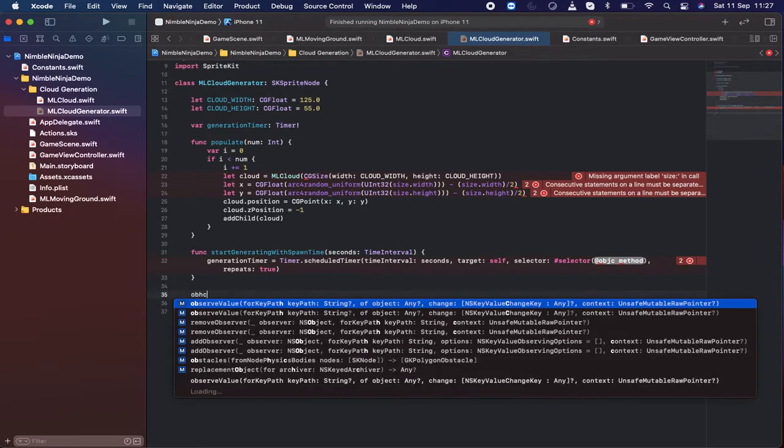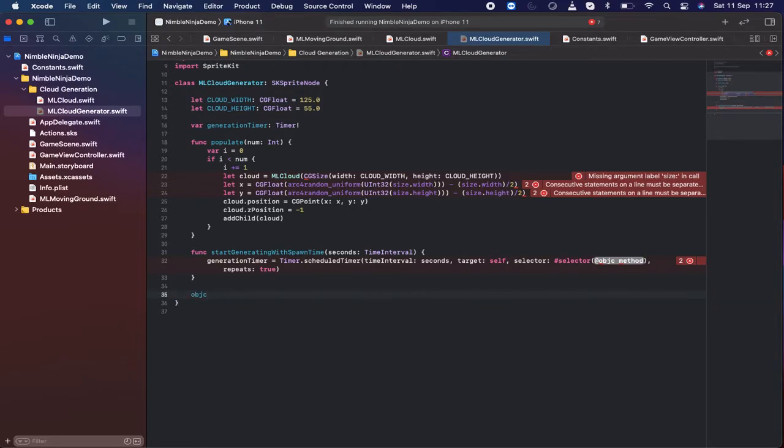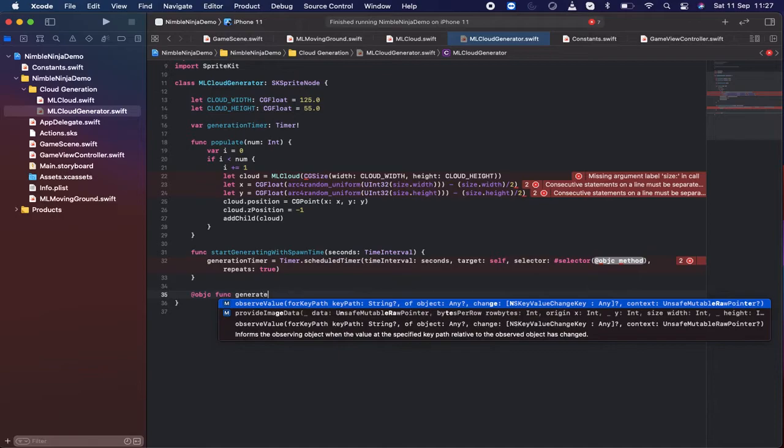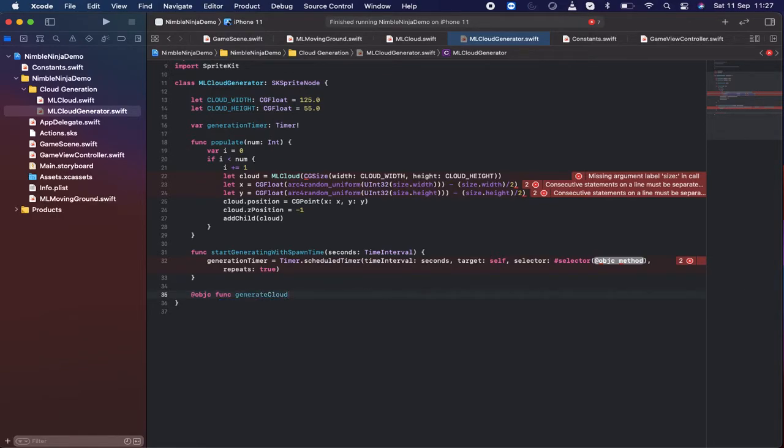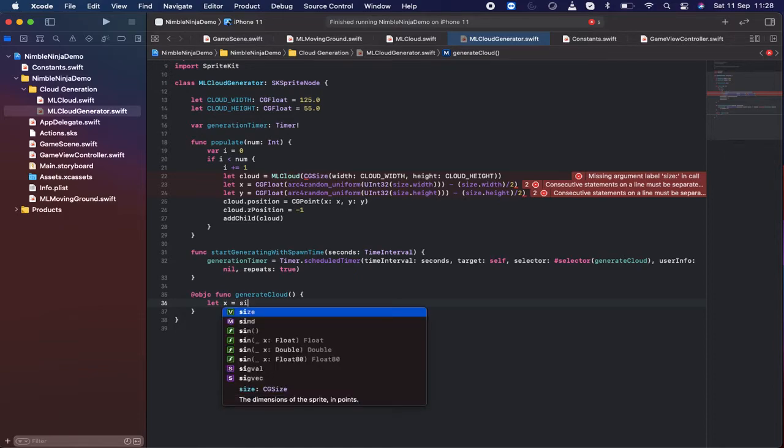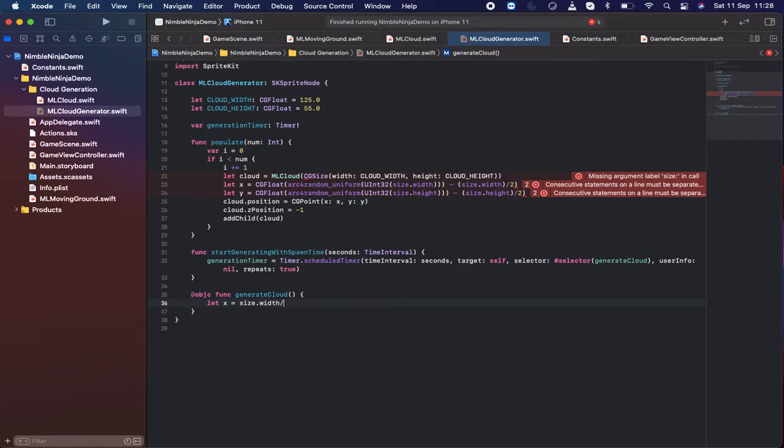So let's say @objc, and this is for the function which is to generate cloud based on the time, and this has to be inside this as selector. User info is nil. Okay, then I'm going to write here let x be equal to size dot width divided by 2 plus the cloud width divided by